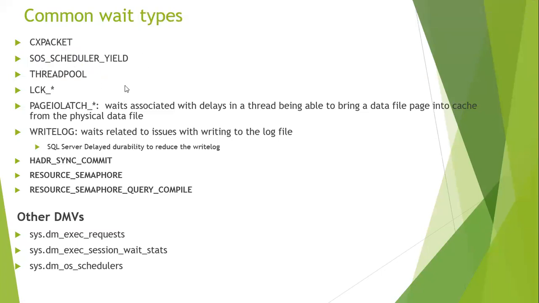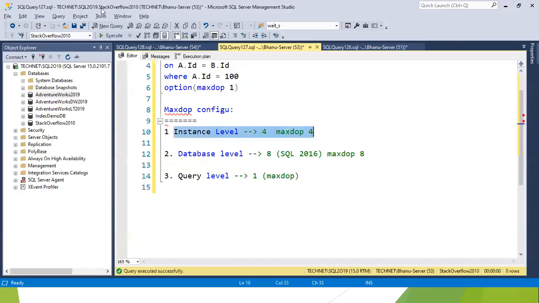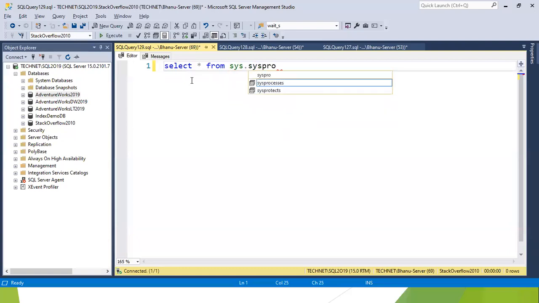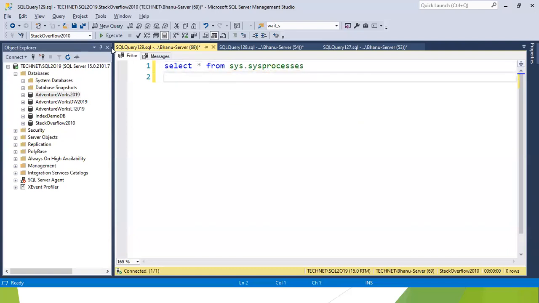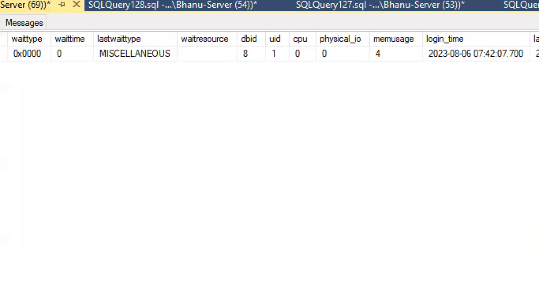So how do we check how many threads it spawned to execute on the CPU, right? I was unable to show you, but I'll take some examples and show that later. Select star from sys.sysprocesses where spid equal to 54. Let's take a simple one, anything. And you see here